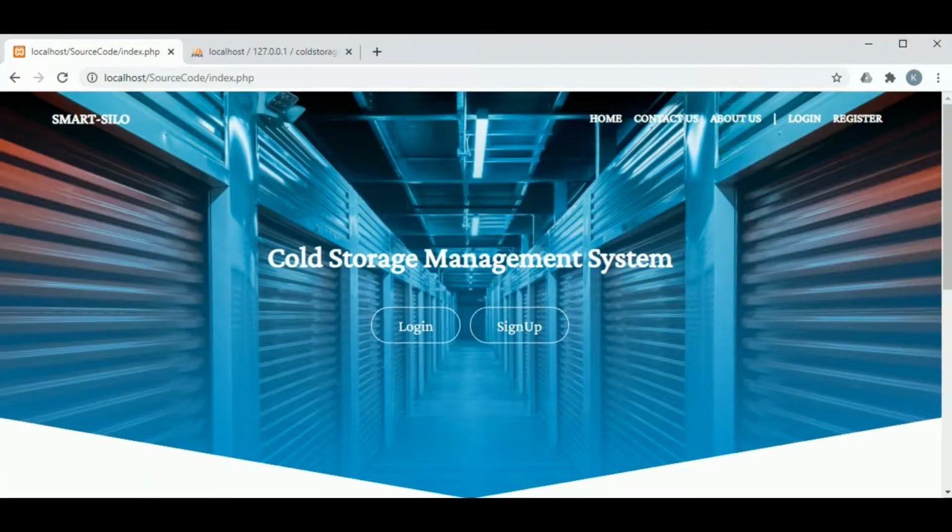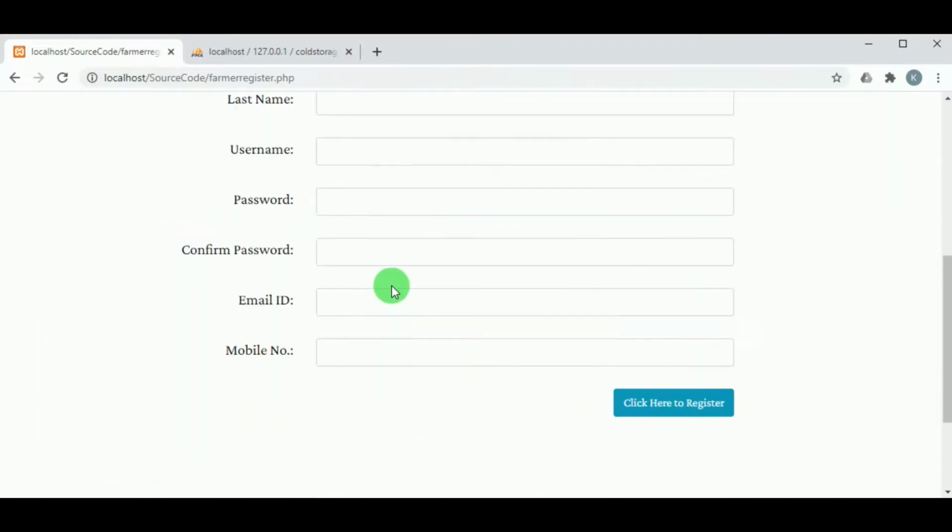So now let us log out as admin. Now let us register as farmer. The farmer can register